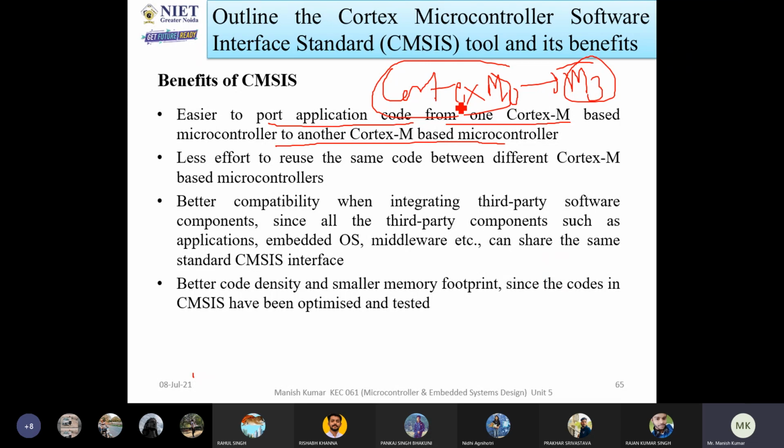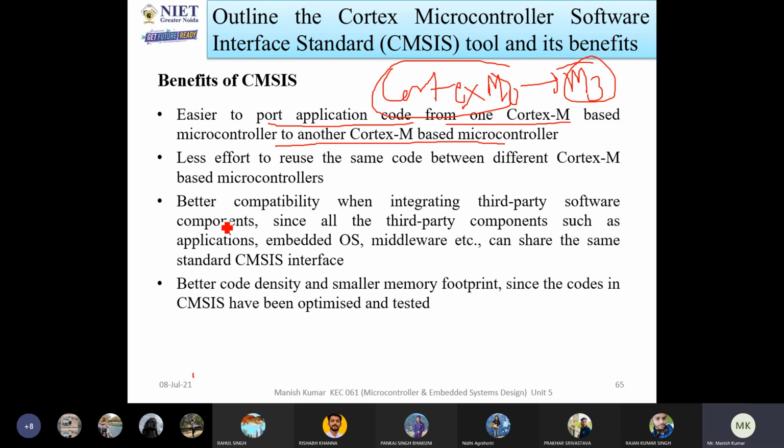You need not change different types of software or hardware. That's why you use the SDK, software development kit, and hardware development kit. It means that whatever libraries are available, those libraries will be common for all the different types of processors. So please keep in mind, it's very easy to port application code. If you developed code for a particular application on Cortex-M0 controllers, then you can also port this code to Cortex-M3 controllers. It's very fine.